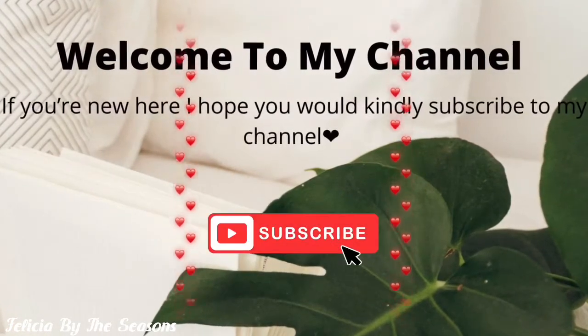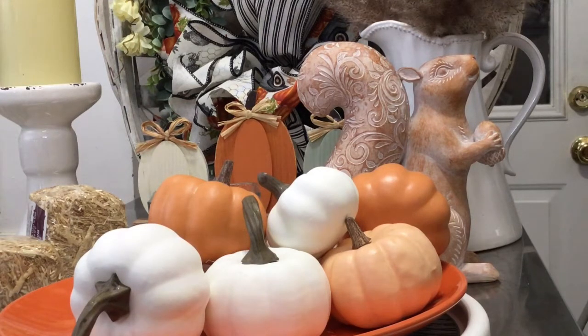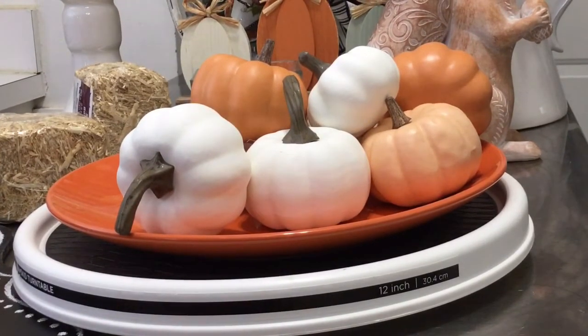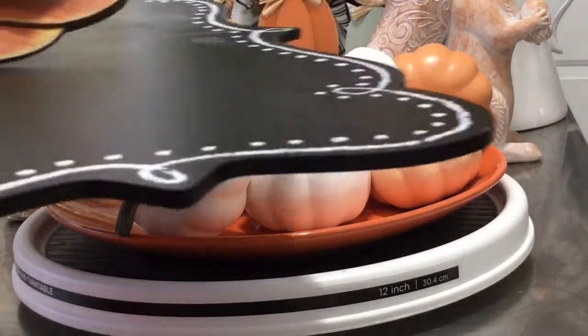Before we start decorating, I'm just showing you the items that I have pulled to create the vignette on top of my refrigerator. As you can see, I have a collection of pumpkins. I have my squirrel here. I also have some haystacks that I'm going to be using. I also have this little miniature chalkboard,